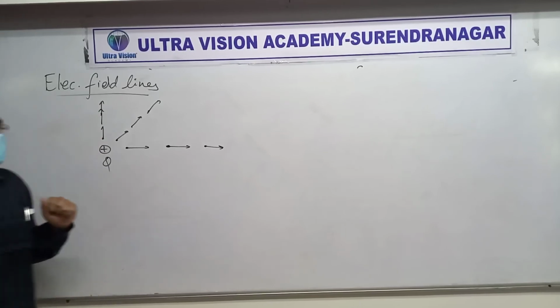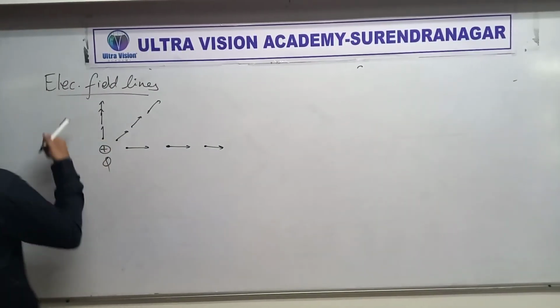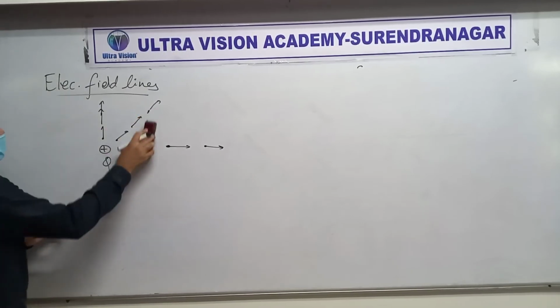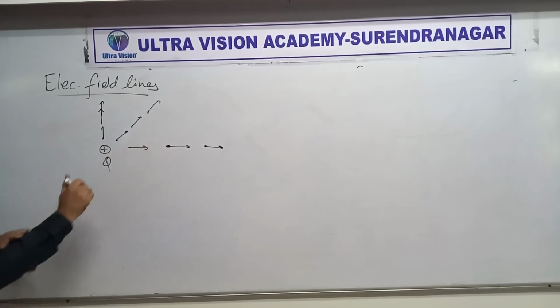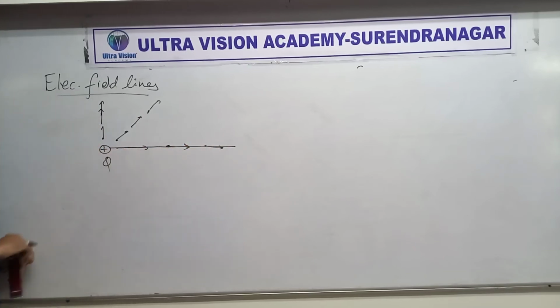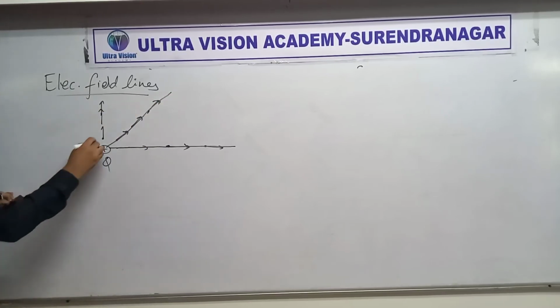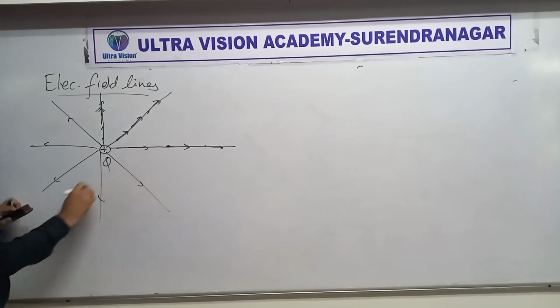So what are electric field lines? Well, we just join these arrows. Do you see these arrows? We will join the arrows that are pointing in the same direction. So, if I join this, I get an electric field line. If I join this, I get another electric field line. If I join this, I'll get one more. Similarly here, here, here, here, here. How many should be drawn?